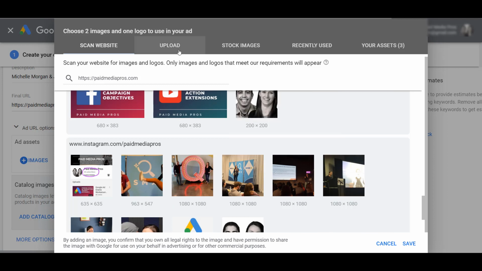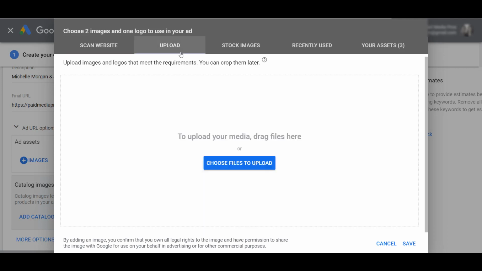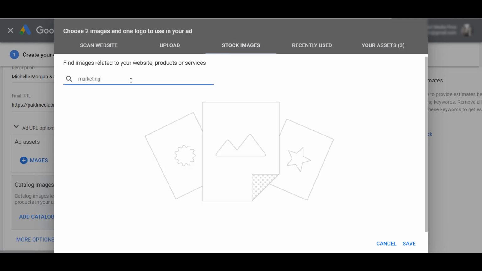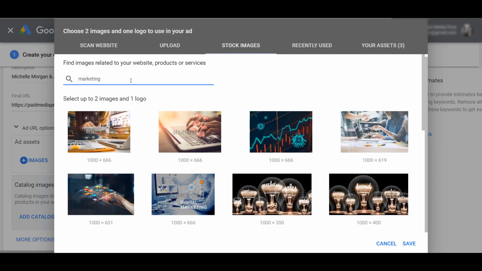for a Gmail ad. If we don't see anything that we like from either scanning our website or our social media profiles, you can upload specific images. There's an option when Michelle and I spoke at SMX together, and maybe we want to use this one. If you don't have any good photography or creative whatsoever, Google does have stock images. I just typed in marketing and we do get some pretty generic images. So depending on your industry, you could find ones that are good, and some can be just pretty obvious stock